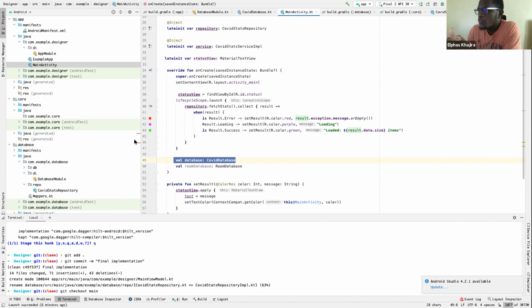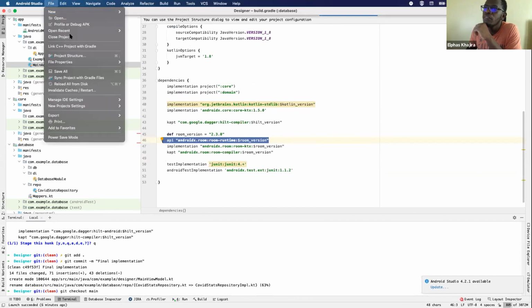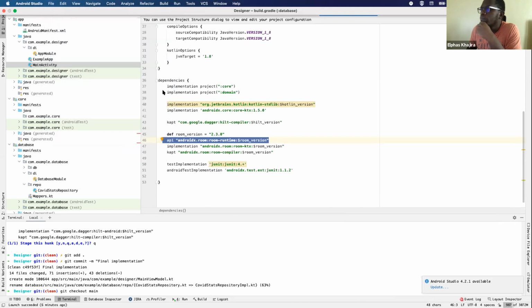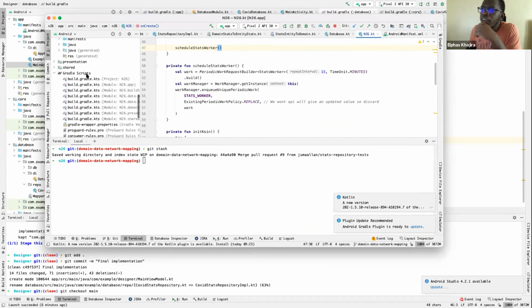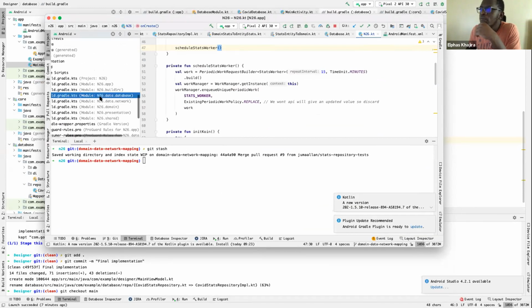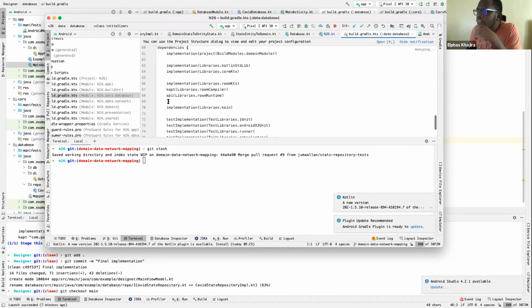And even before I go around doing that, this is different with Koin. Koin, on the other hand, let me open that other project. If I go to my database module, I actually do need, wait.